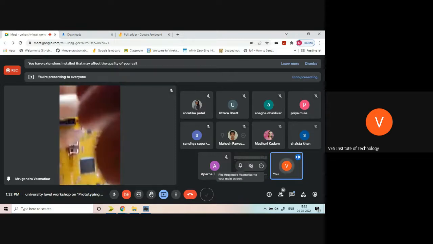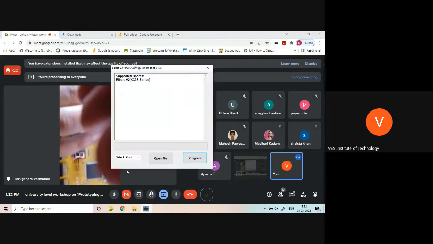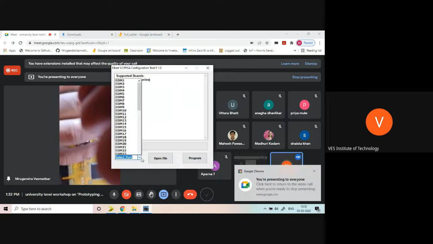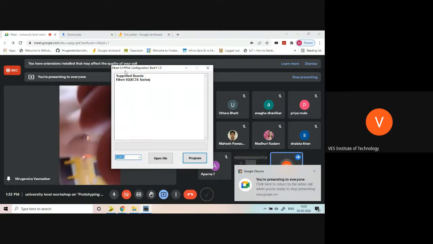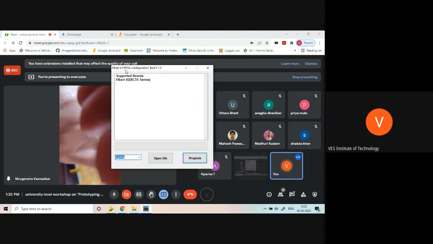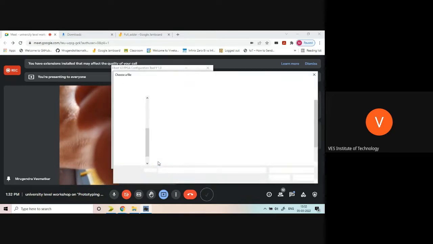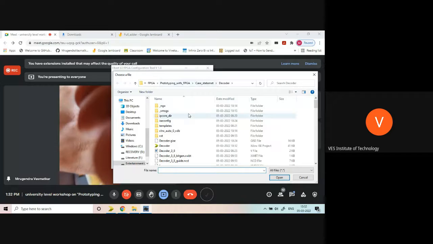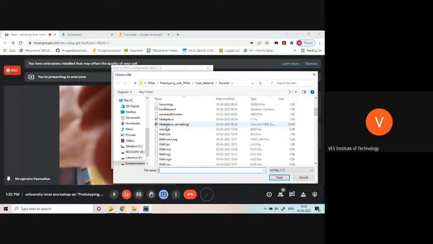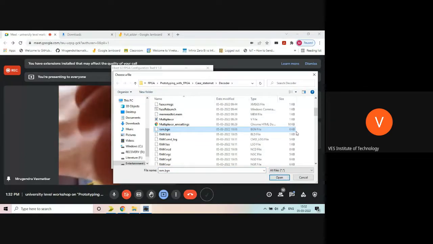Okay, I'm downloading the BGN file which I have already generated. My port is 6 where I have connected, and I will open the file which I have generated. I can show you it is very easily made. Actually, some configuration I have made wrong right now.